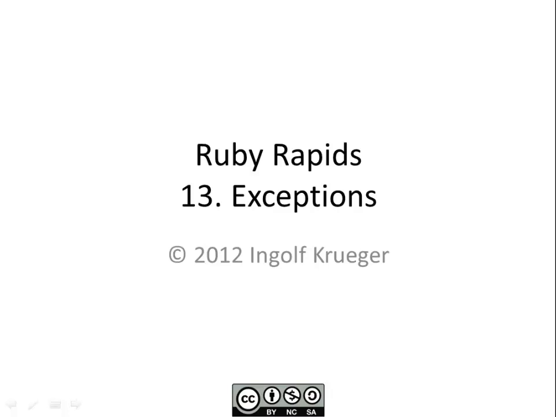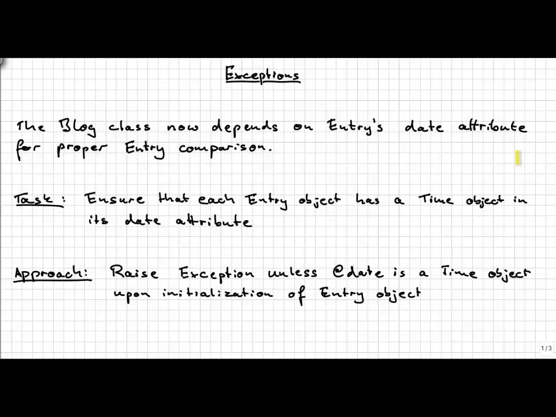One common approach for dealing with software failures is the use of exceptions. And now we'll take a look at what facilities Ruby provides for managing exceptions. To illustrate how exceptions work in Ruby, we turn again to the blog class, and we observe that it critically